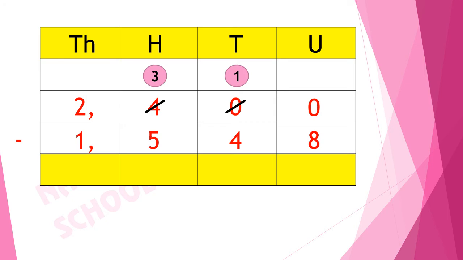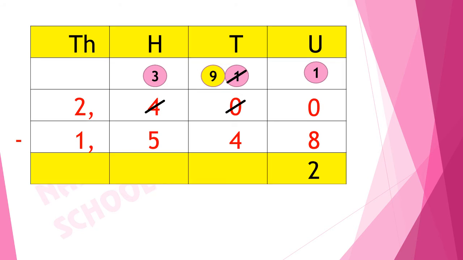As we have taken 10 tens as borrow, or 100, now we will borrow 1 ten from 10 tens, and here we are left with 9 tens. Now we can easily subtract 8 units out of 10 units. If we take away 8 units out of 10 units, we are left with 2 units.